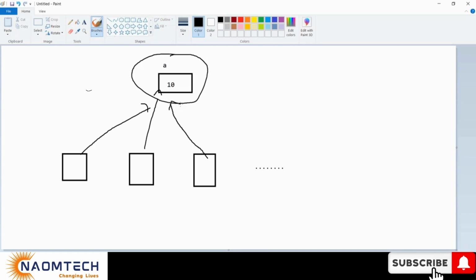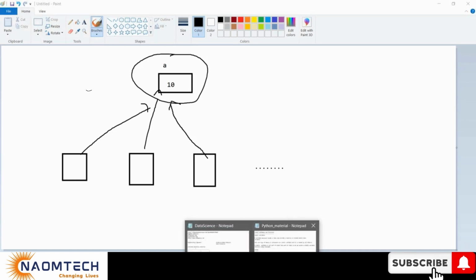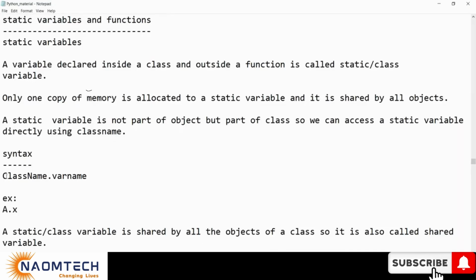You get this point? Another important thing is that static variables are not part of the object. They are part of the class. If it is an instance member, an instance variable, which is declared with self, we call it by creating an object. Whereas if it is static, we don't call it by creating an object. We can call it directly using the class name. This is another important point. It is not part of the object, but part of the class. So we can access it directly using the class name. The syntax looks like this: class name dot